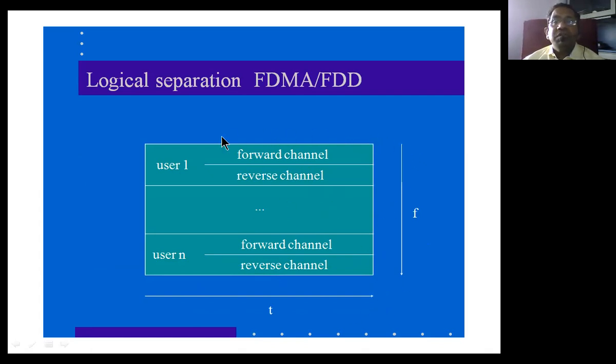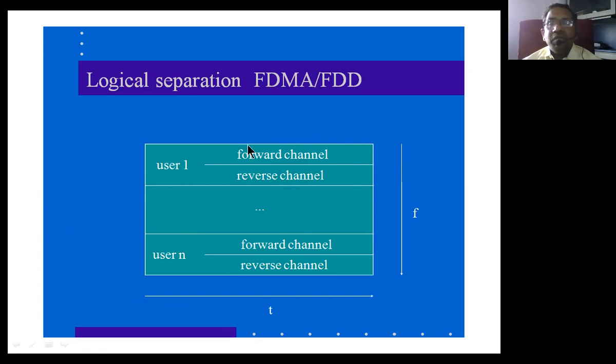Now, this frequency division multiple access is used by whom? It is used by the base station to transmit or to process the signals coming from the various mobile units. Here the base station is going to allot different channels or frequency bands to the different users. Every user's band is subdivided into two other frequency bands called the forward channel and the reverse channel. The forward channel enables signal reception from the base station. The reverse channel is used to transmit in reverse to the base station.